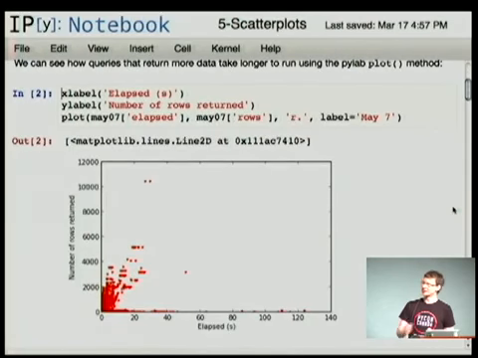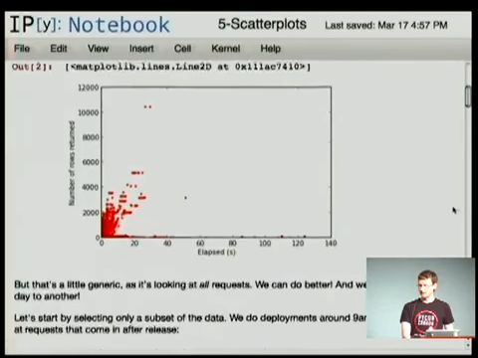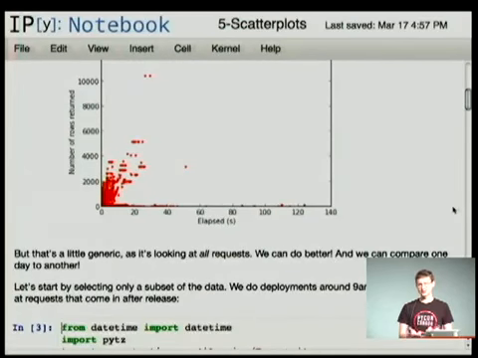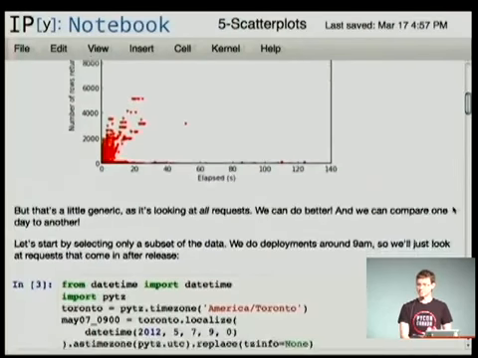And that's, as you can see, incredibly easy to express. I can just say, plot the elapsed versus rows as a scatter plot with dots. And we can see, yeah, there are a couple of different trend lines, but overall, longer requests take longer because they're bigger. And it is a little generic. It's looking at all requests, and we can do better. And in particular, I was looking at